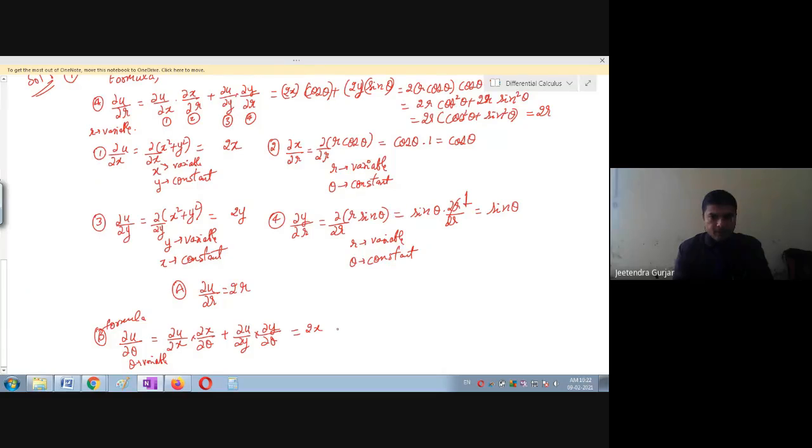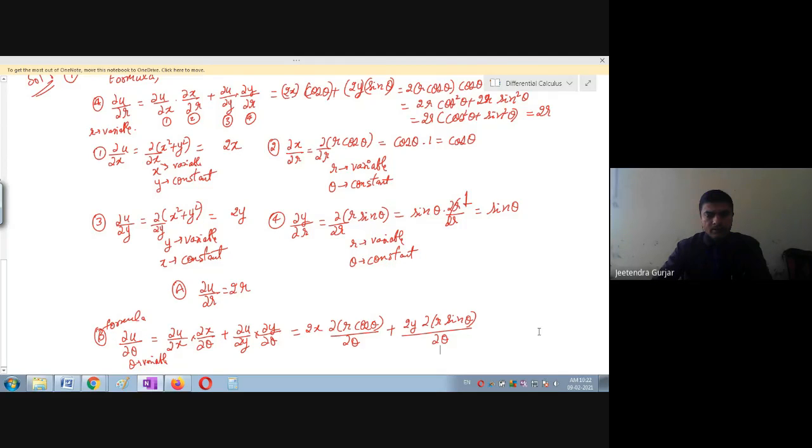And dou x upon dou theta, you can easily do it now. Here you can see theta is variable is there. Yes. And if you just simplify this x, so one can easily write here only. So x value what they have given here, we'll write here, it is r cos theta divided by d theta plus dou u upon dou y. Dou u upon dou y already you have calculated, it is 2y. Then what is remaining? Dou y. Y, what is y? R sin theta divided by d theta.